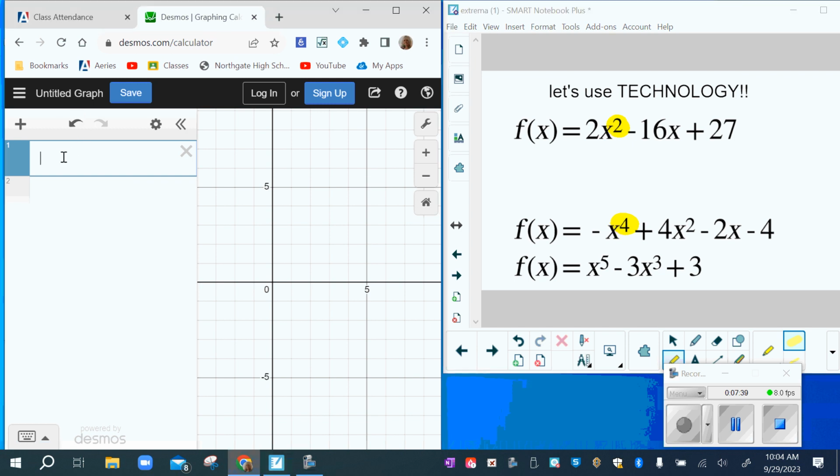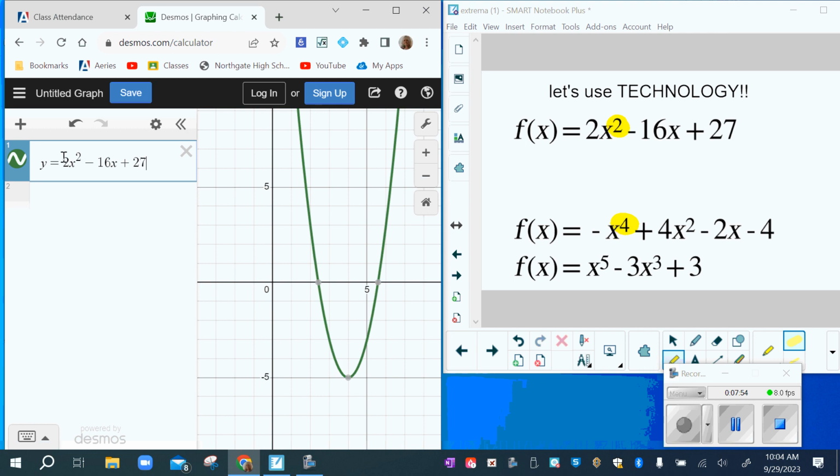And you're going to see it is so nice to get our maximum and minimum. Love punching in Desmos because it is super easy to do. 16x plus 27. Okay, here we go. That's what he looks like. Now, here's what's cool about this. It's got this really cool feature. So your graph may just look like this. Let's see if I can make it happen.